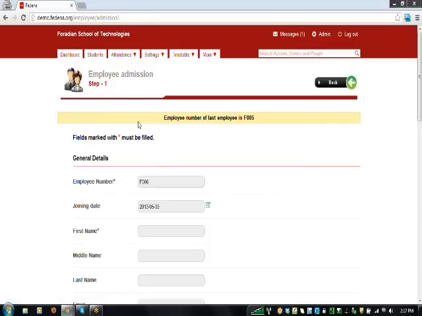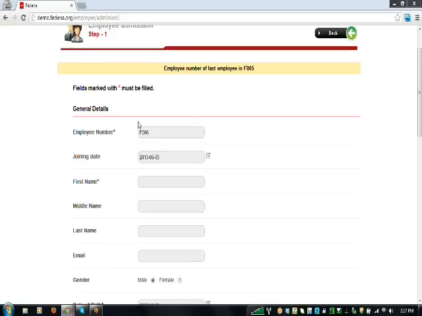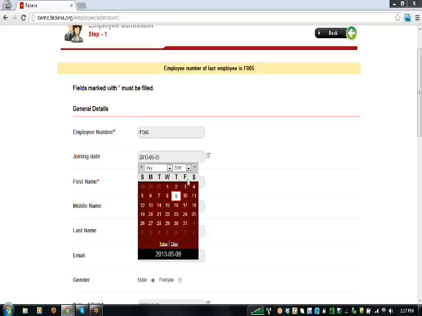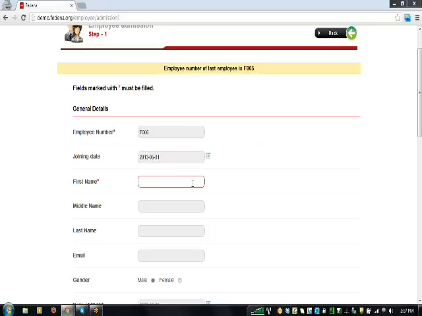You can see the first page, that is step 1. You can note the employee number. This should also be unique because the employee can log into his account using the employee number. For this employee, the number is F006. So the username will be F006 and the default password will be F006123. The employee can change the password once they log into the application. So give the joining date, the first name,